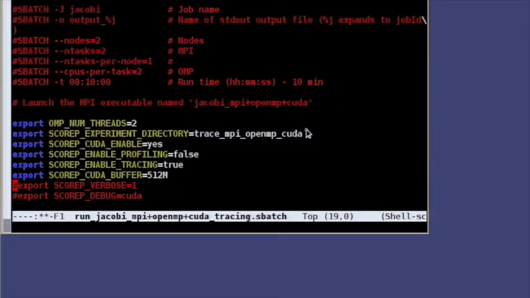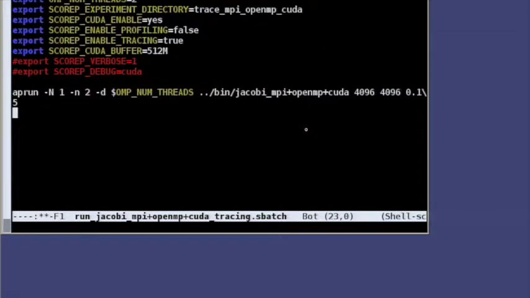So this batch script doesn't do profiling, it only creates a trace, and we set the size of the CUDA buffer to a reasonable amount of memory. It can work without setting this one by using the default memory size, or if you get an error message from cupti that it dropped some records because of inadequate buffer size, it will tell you to increase this buffer to what it believes is the right amount. So 512 megabytes is way too much for this small example, but we have plenty of memory here, so we could as well do it. You can just go with sbatch and run the tracing job,